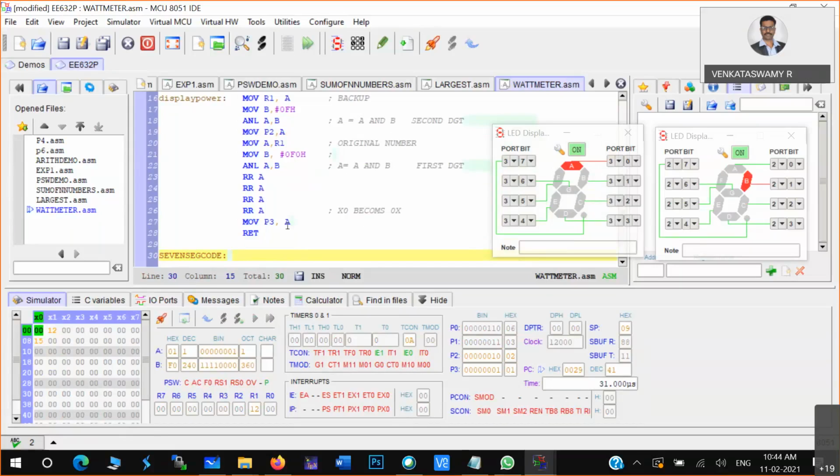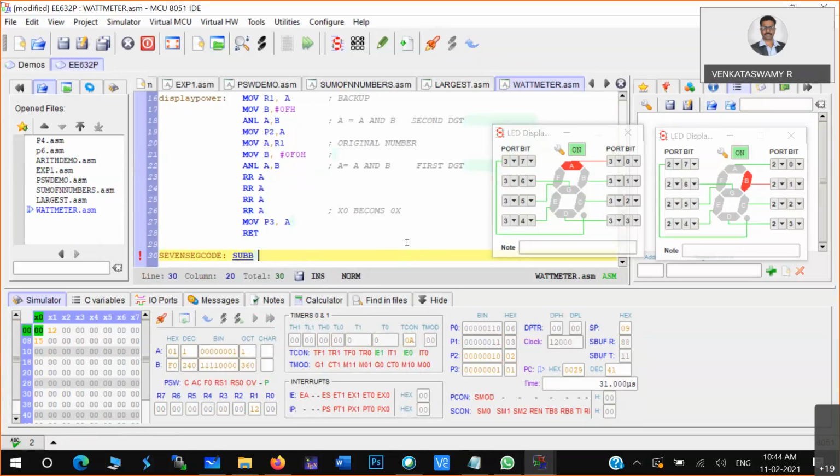So to compare the number, we always have to subtract. So now here if kind of statement we have to use. For that we have to use something like this. So subtract.